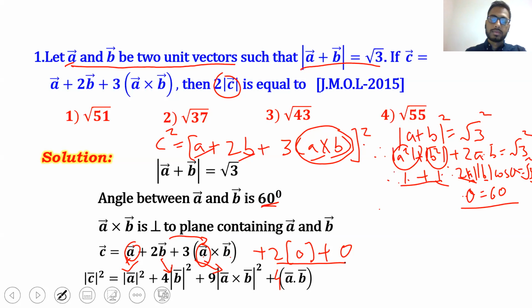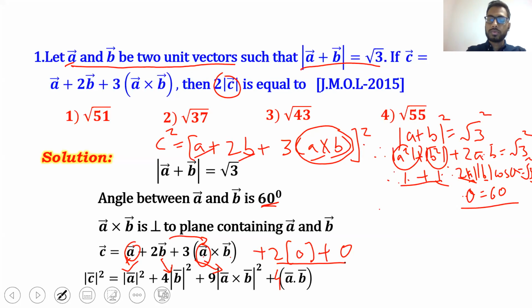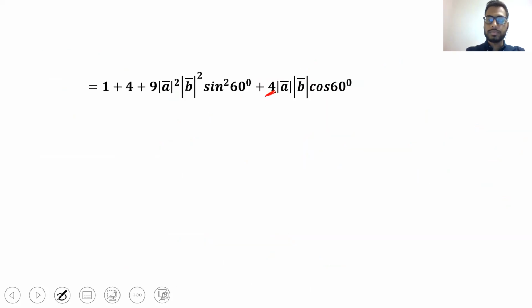So simplifying this, you get this term. As I said previously, 4 was not written over here, therefore 4 should be present. In the next step, 4 is written. A dot B is AB cos theta. So that 4 is written over here. Just simplify this, substitute value of cos 60, sin 60, value of A and B, magnitude is also given, which is 1 and 1, which is equal to 55 by 4. Therefore, this gives me this term. This is nothing but value of C square.